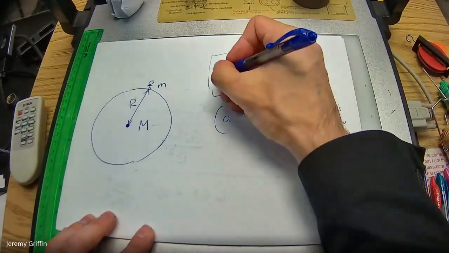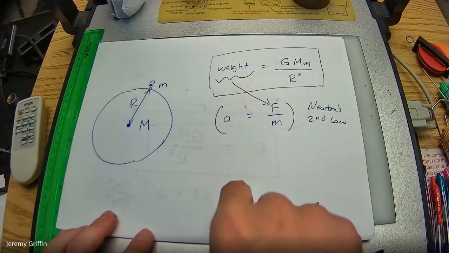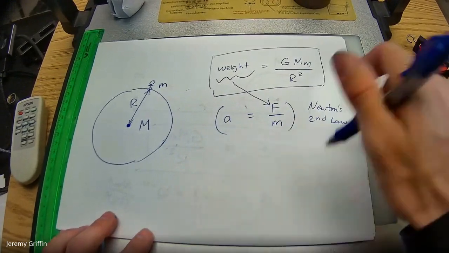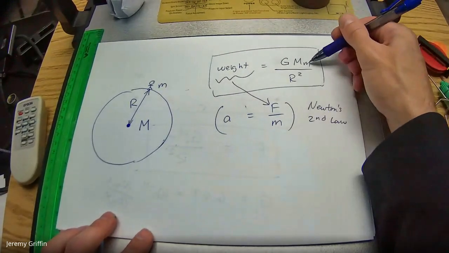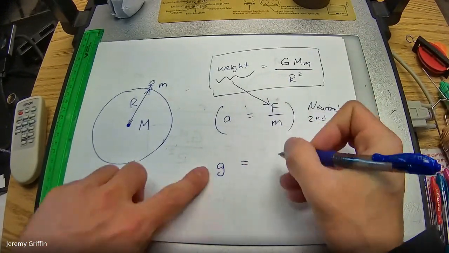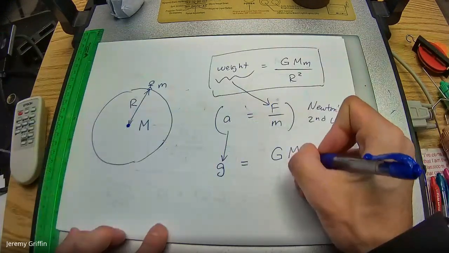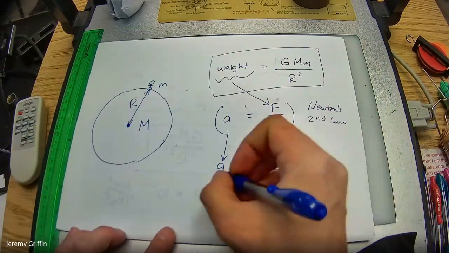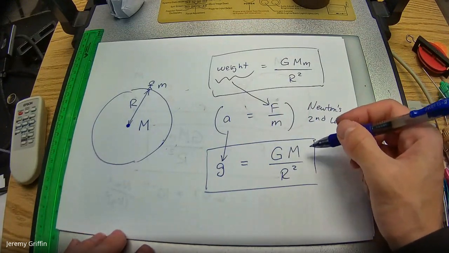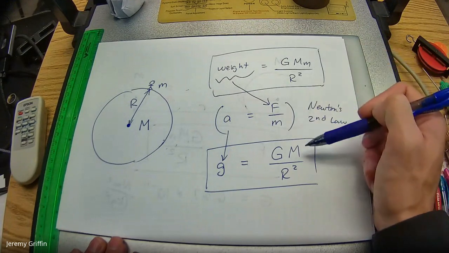So if your weight is a force, then say we were to hop off a ledge, I wonder what your free fall acceleration would be. Oh, well, it would just be this expression divided by your mass. That would look like this. Free fall gravity, which is a type of acceleration, is equal to GM over r squared, where the only mass in this equation is the mass of the planet. Notice that whatever is accelerating at the surface, that little tiny point mass, little m, cancels out.